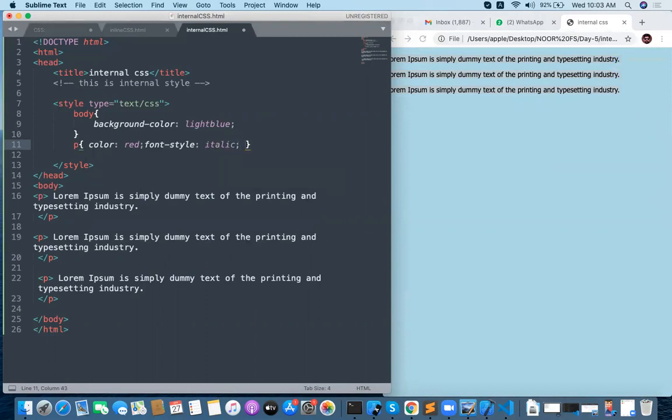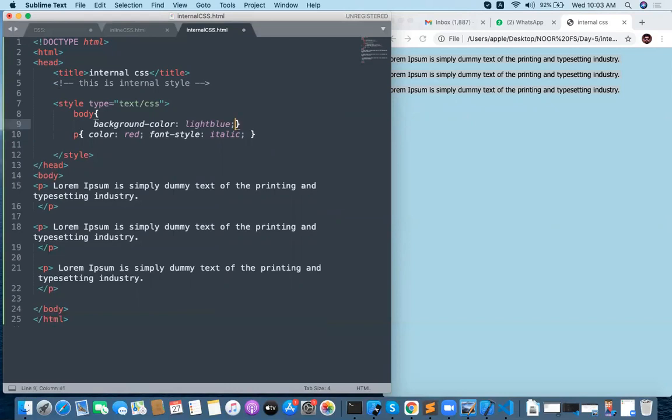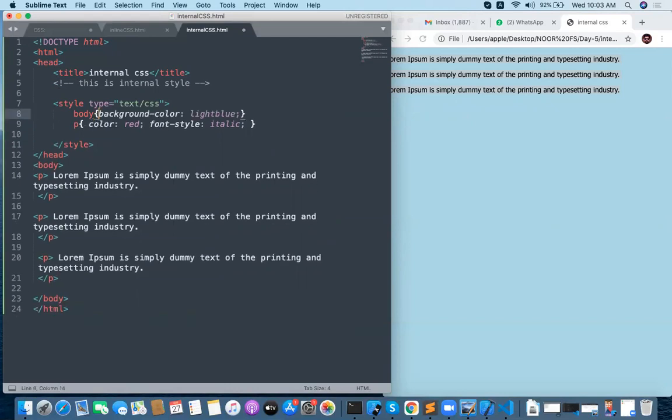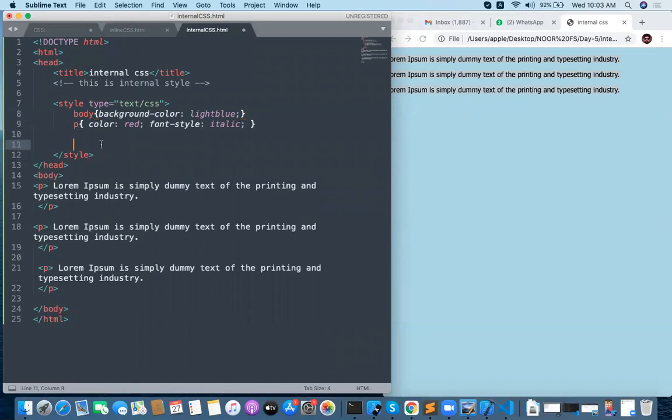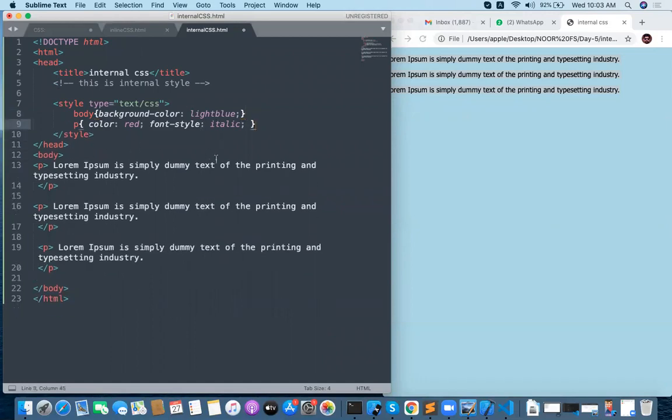You can write it in a single line also, no issues with that. But curly brace open, curly brace close is the recommendation whenever you want to write the style. This is the internal style I'm applying for the paragraphs.